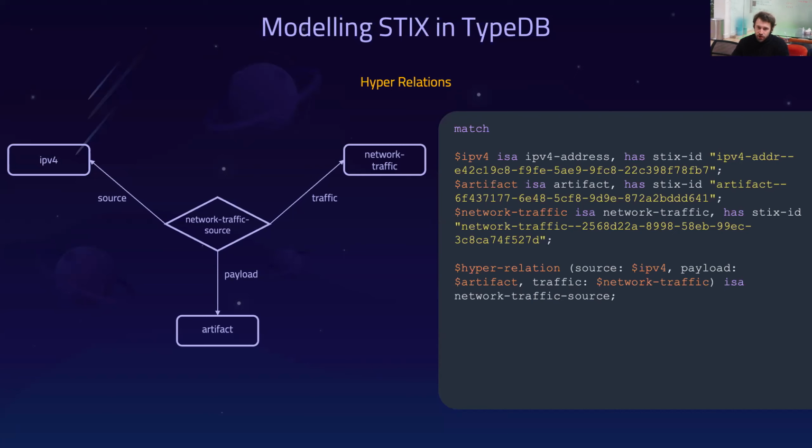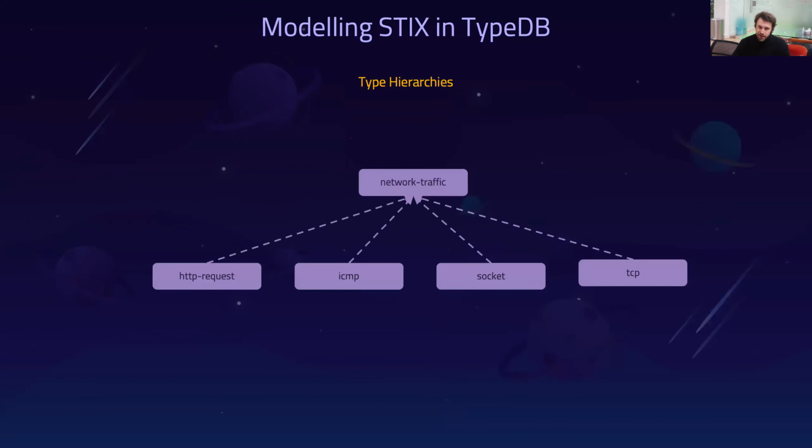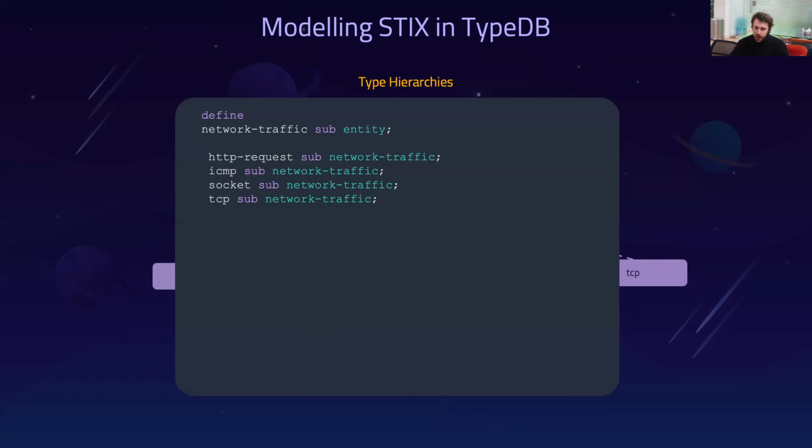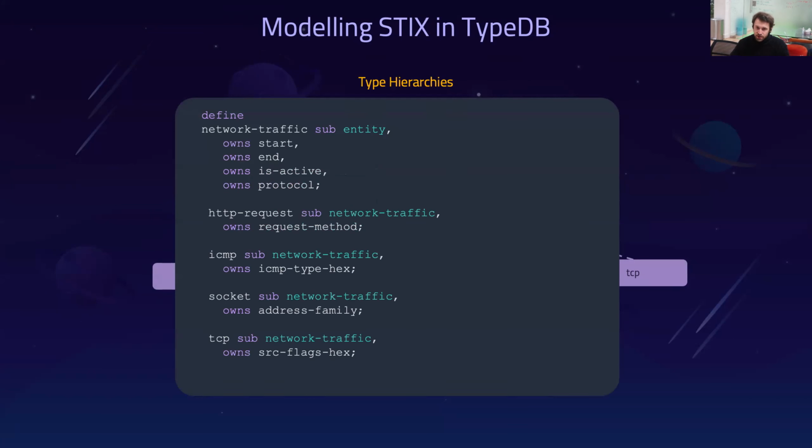And another useful data construct in TypeDB is how we modeled it for STIX. And you saw that already, our type hierarchies. Now, another place in the STIX model where we use type hierarchies is in network traffic. So we've got 4 different network traffic entities that we created. And again, we can very simply create those network traffics by just using the keyword sub that creates the right levels of